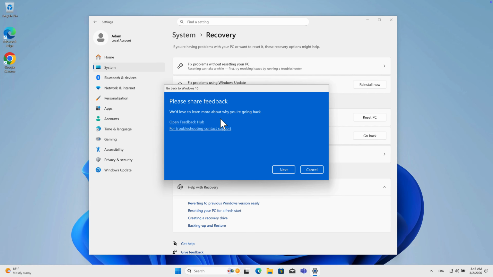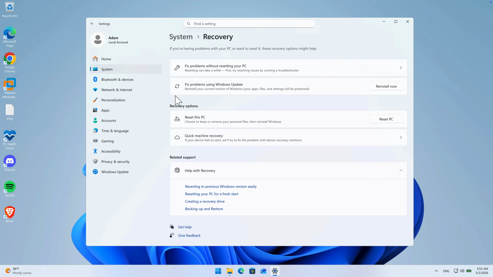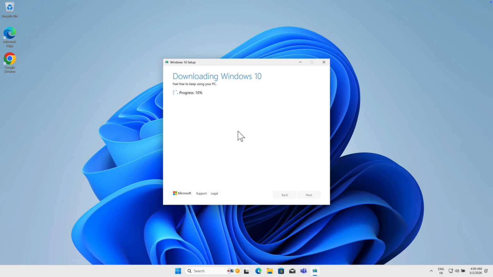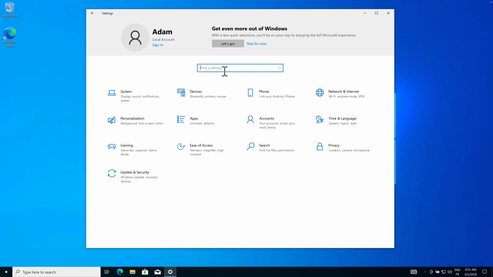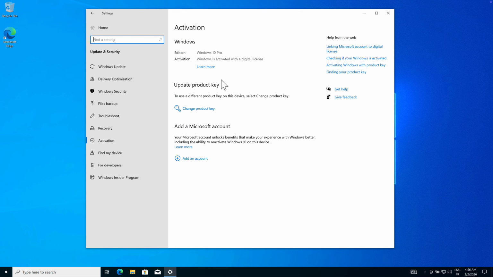In today's video, we're doing a complete walkthrough of how to downgrade from Windows 11 back to Windows 10, including what to do if your rollback window has already expired, how to download Windows 10 directly from Microsoft for free, how to install it cleanly, and how to verify that your activation carries over without needing to buy a new